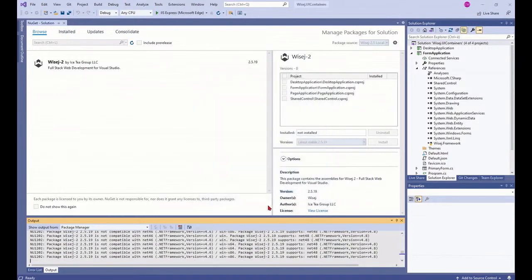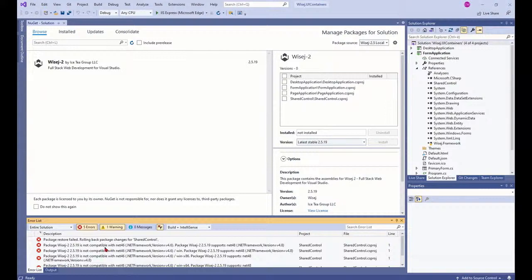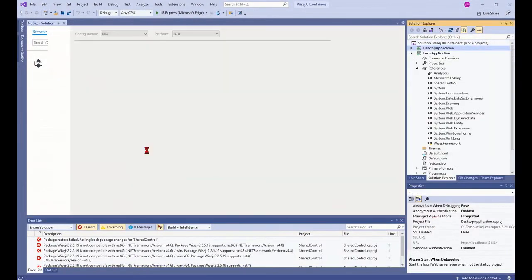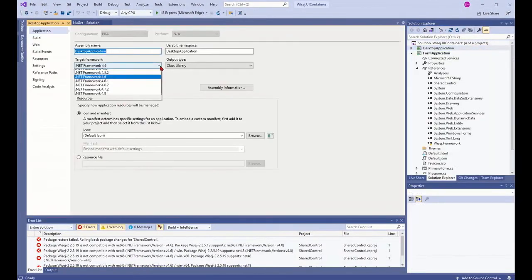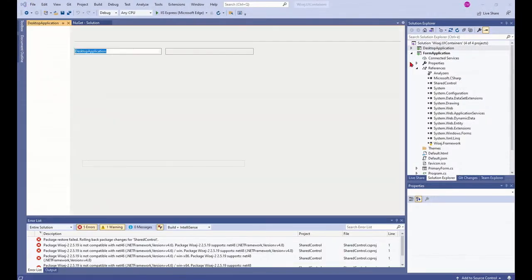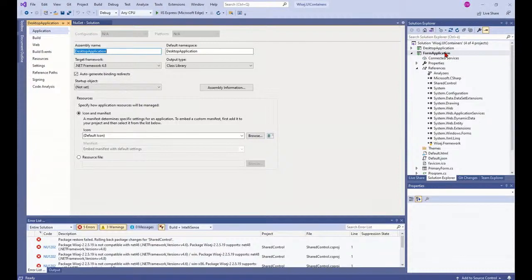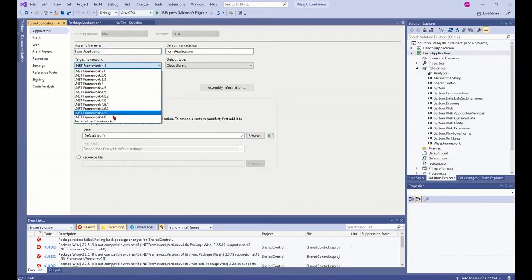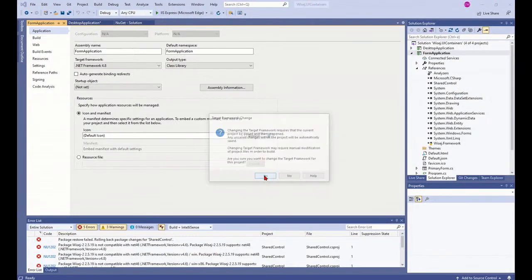So if you install, you will see that it's complaining that it cannot install because of the version of the framework. So the first thing to do is to be sure that you have the 4.8 framework reference for the project. Let's do it one by one.